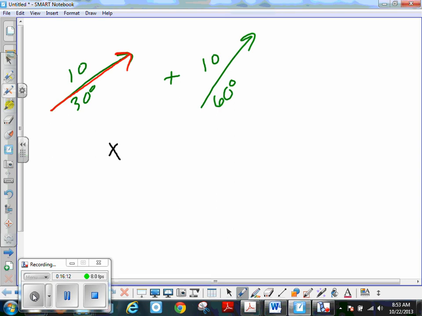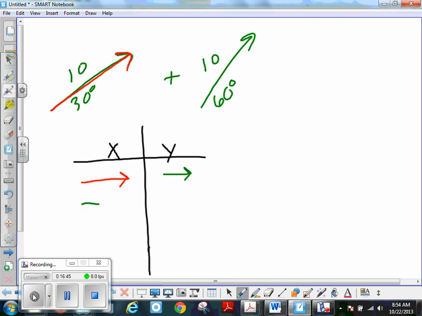So maybe the best way for beginners is to make an X and Y chart. I would do this because if we put together 5 or 6 different vectors, we'll be needing to organize that. So the first one here is going to be in this direction from the red vector. You agree? And then the second one from the green vector is going to be in this direction. It's going to be shorter though, looks like, right? Oh, I'm sorry, that'd be the x. So in order for me to solve that then,